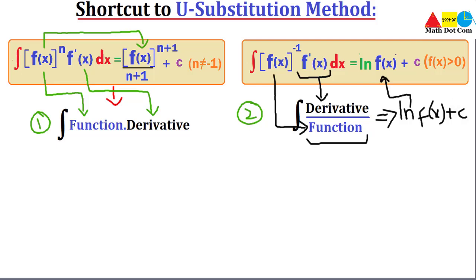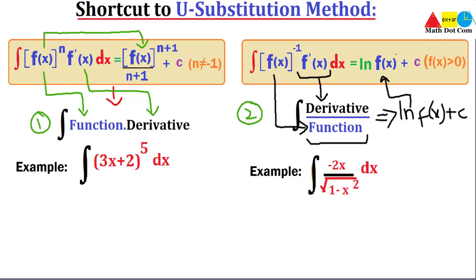So this is how you can use these two formulas to find the integration of functions that are either multiplied by their derivatives, or where the derivative is in the numerator. This was just the explanation. Now let's apply this on the examples that we have already seen in our previous lecture, on which we applied the u-substitution method, and you will see how easy it will be to solve those examples by using this shortcut.